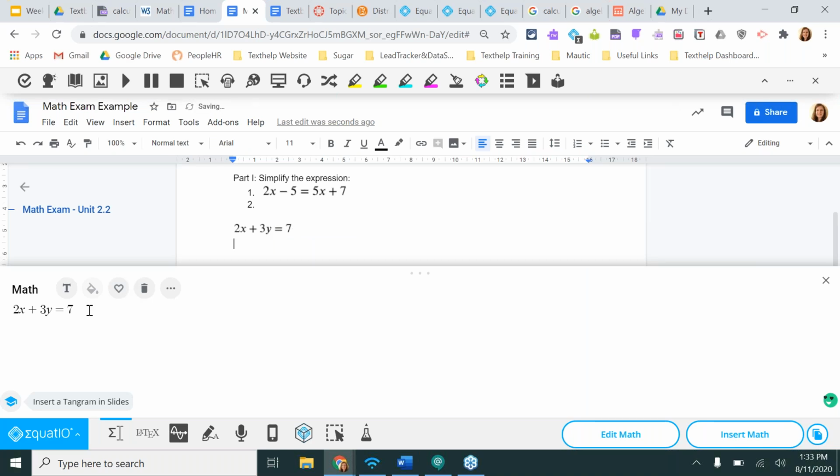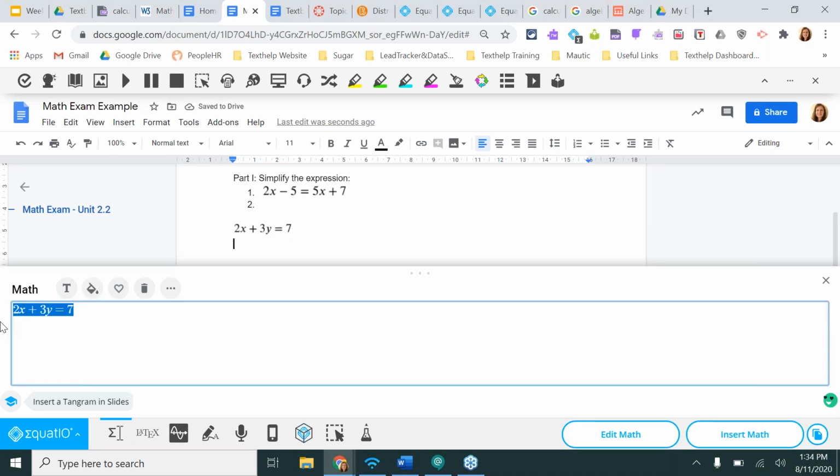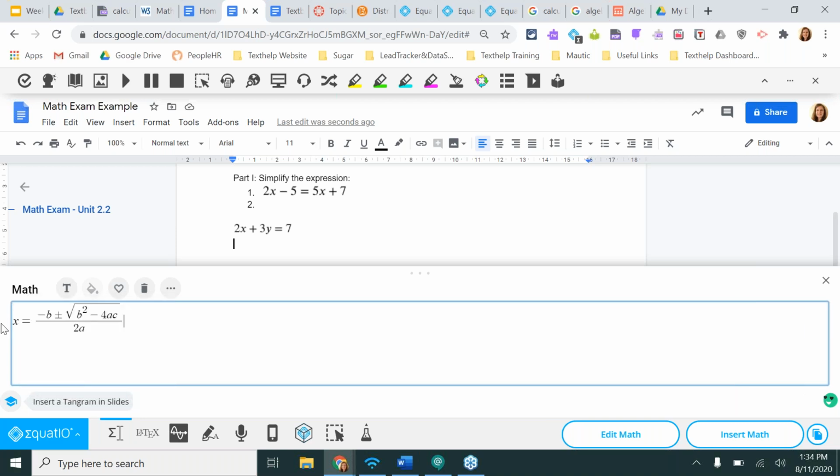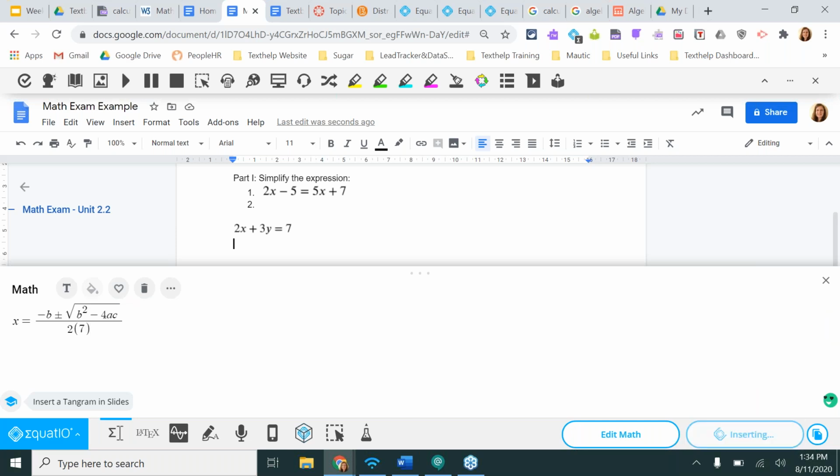Now, if I wanted to add in some type of more complex equation or formula, I can definitely type in the name of that. While I start typing, it's going to predict what it is that I'm trying to type. And so if I'm trying to get at the quadratic formula, there it is. It repopulates it for me. I can click on it and it automatically adds it in. And then all of this is completely editable. So maybe I know that A is 7, for example. I can go in and change that. And then again, insert math any given time I need to within the assignment. And again, students can independently, instead of using a writer, do this.